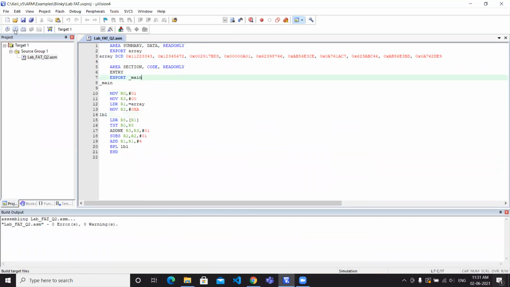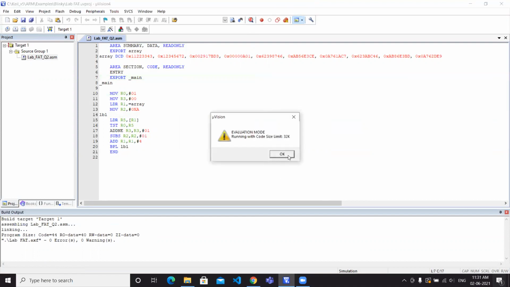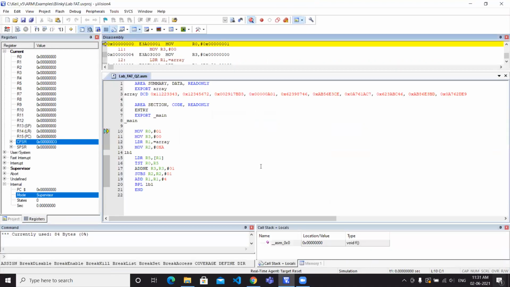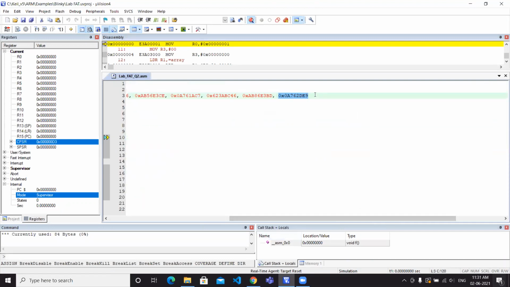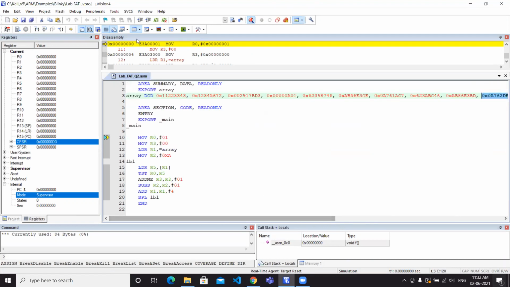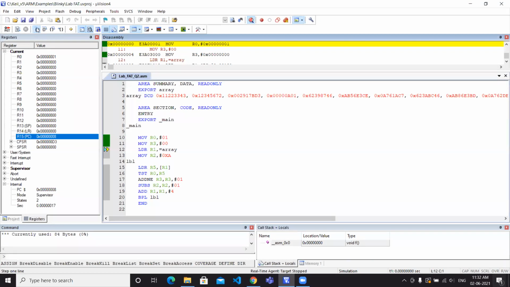We have to translate and build this file, and after that run it. In this program we didn't change anything, but we changed the last element from even to odd. So now we can run this file.